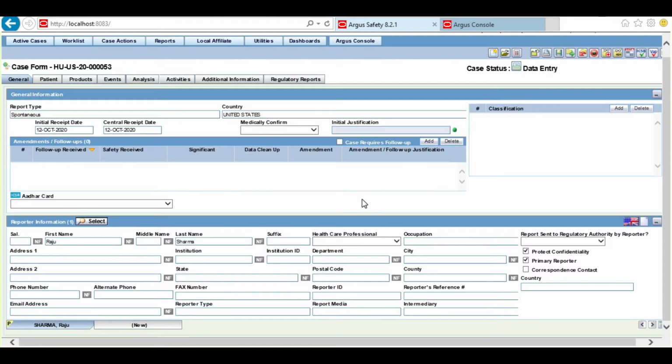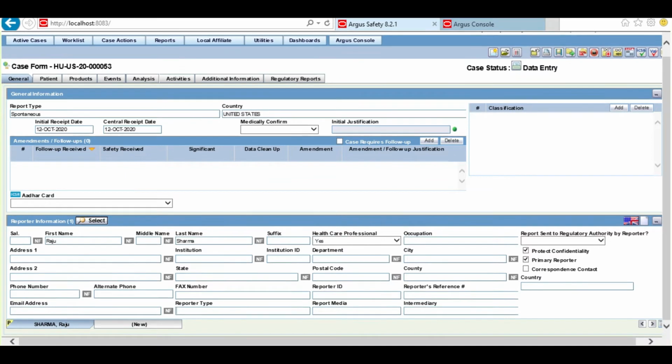As we have to schedule an E2B R3 report, we have to ensure that all the mandatory information has been entered, otherwise it will throw a validation error. Those mandatory informations are: HCP should be selected, reporter type should be entered.